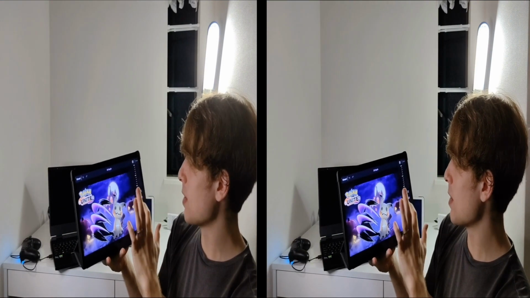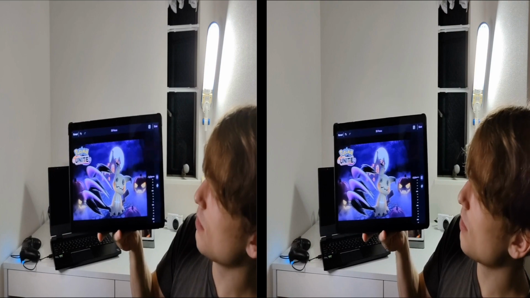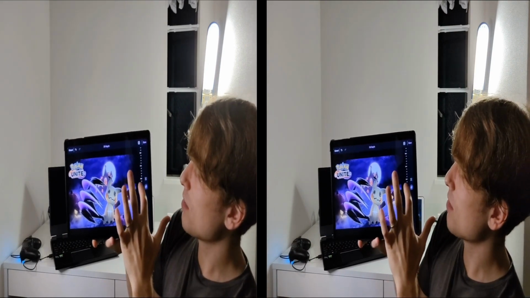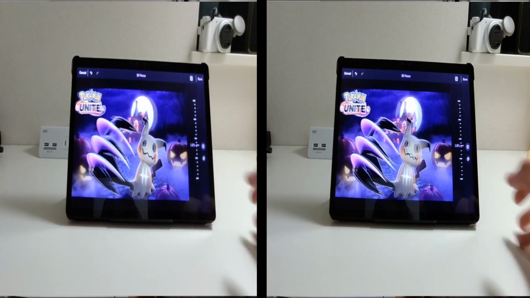I want to max out the depth for this image all the way to the top. The depth maxes out. You can see that by sliding this depth slider all the way to the top, it maxes out the depth for the image. You can do so much more with this now.